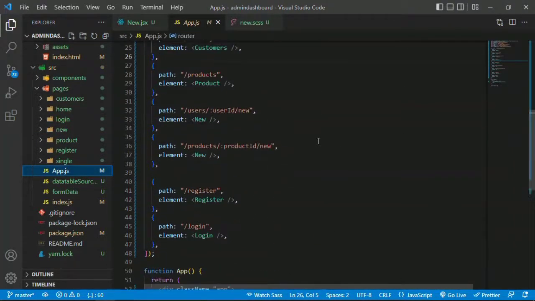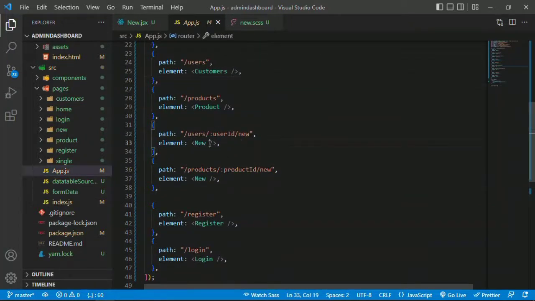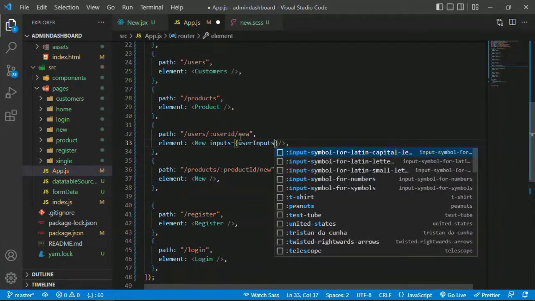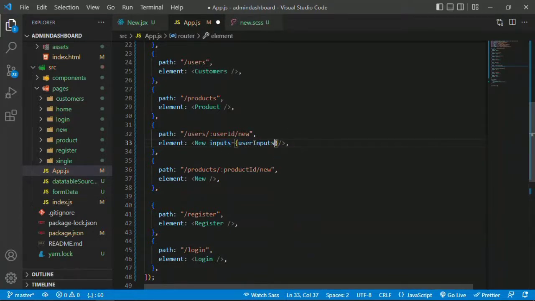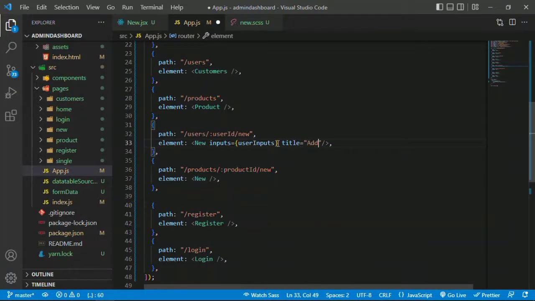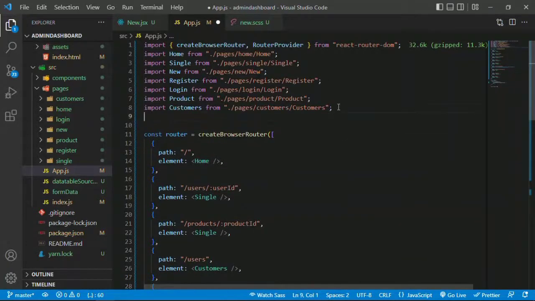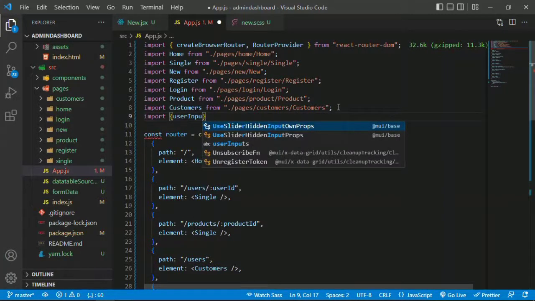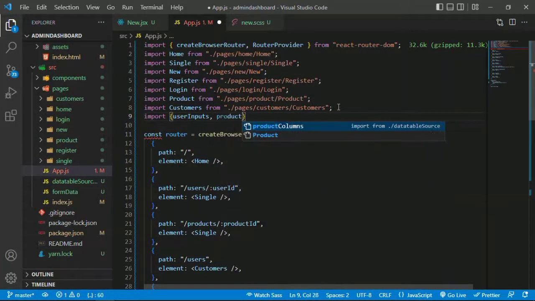So here in our app.js, we're going to add here as a prop in our new. So we have inputs, and then this input is going to be user input. Okay, and then as for the title, this here is going to be add new user. That's for users. We want to import our form data. That is import user input from, and then also product